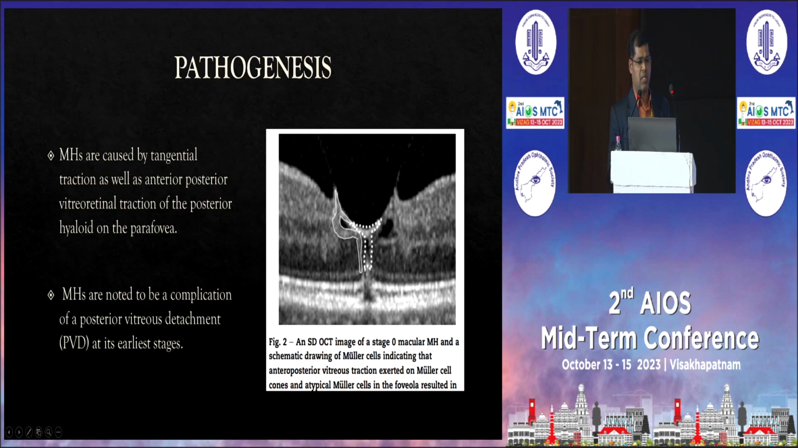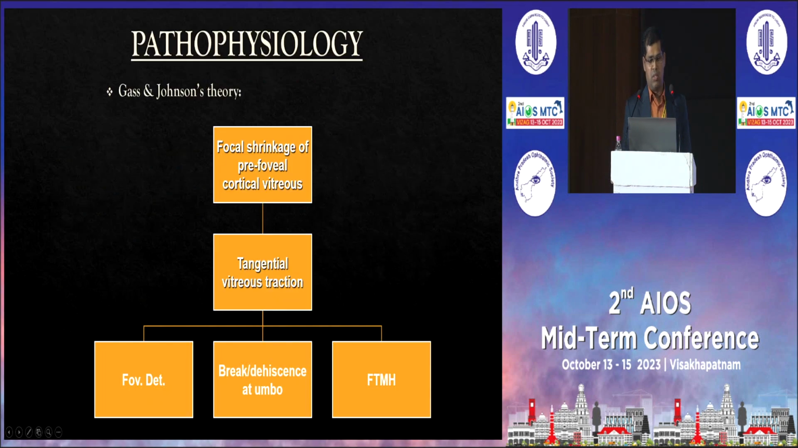Coming to the pathogenesis, macular holes are caused by the tangential traction and also the anteroposterior traction of the posterior hyaloid on the parafoveal area. This is the picture depicting the anteroposterior traction. Macular holes are noted to be a complication of the posterior vitreous detachment at its earliest stage. Gass described the pathophysiology: there was an observation of focal shrinkage of the perifoveal cortical vitreous and a tangential traction, which led to the foveal detachment or the break or dehiscence at the center umbo and caused a full thickness